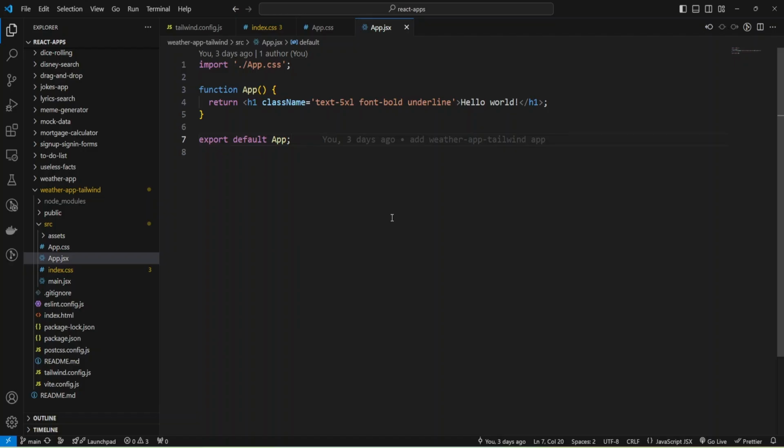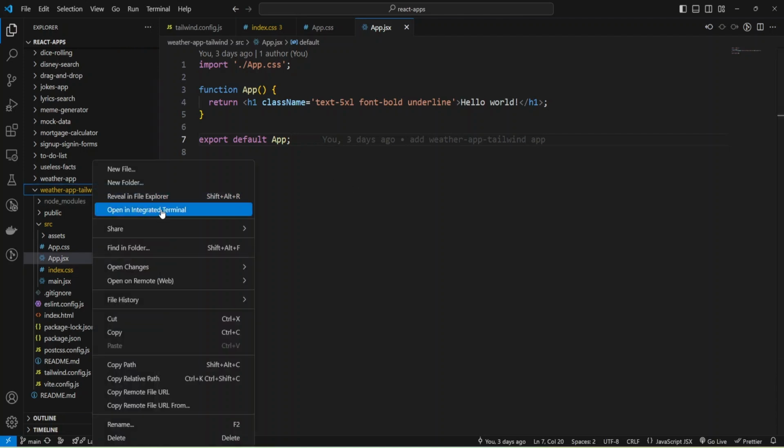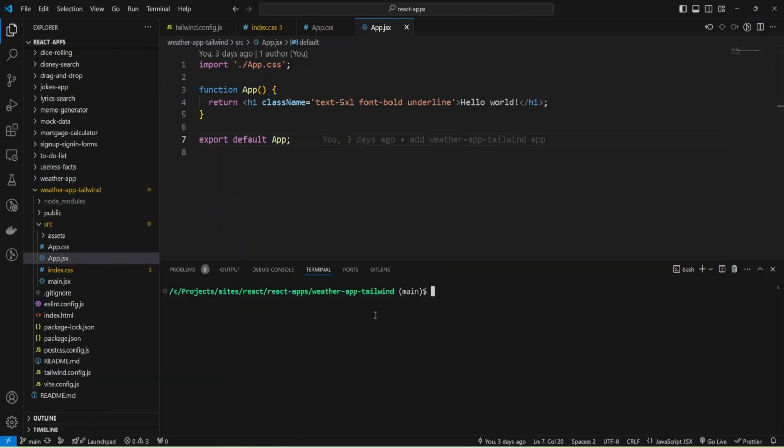I launched my Visual Studio Code and have a project that I built in a previous video. You can watch it, and so I'm going to open it in the terminal and run my dev server with the command npm run dev and open it in the browser.